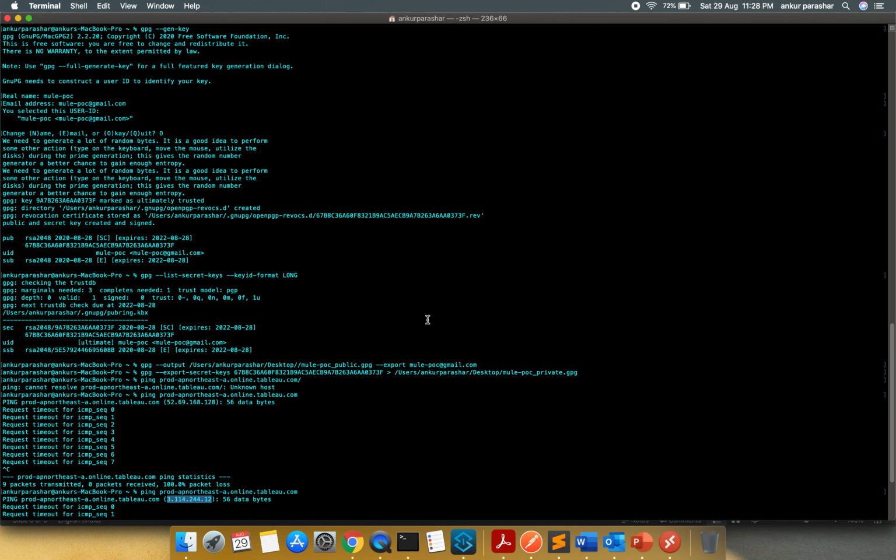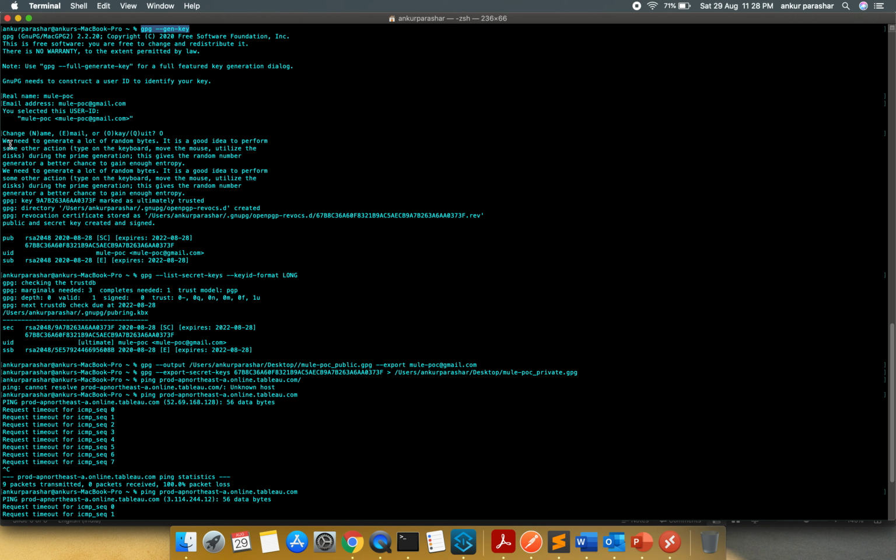Here you can see I have already executed some of the commands in order to generate the keys for this particular use case which we are going to cover. The first thing is gpg --gen-key. Once it is entered, it asks for a couple of questions starting from here: real name, the email address, and then whether you want to save it or not. I have typed O as OK.